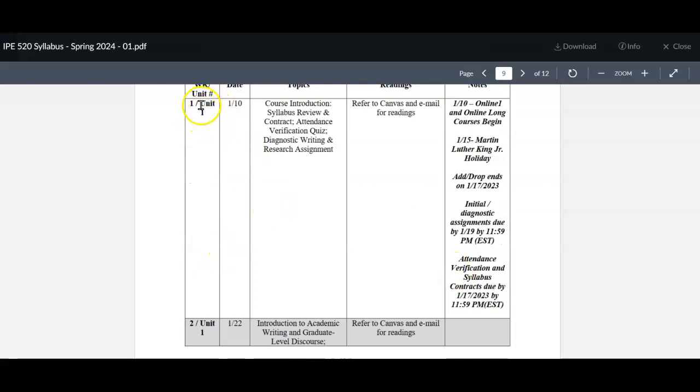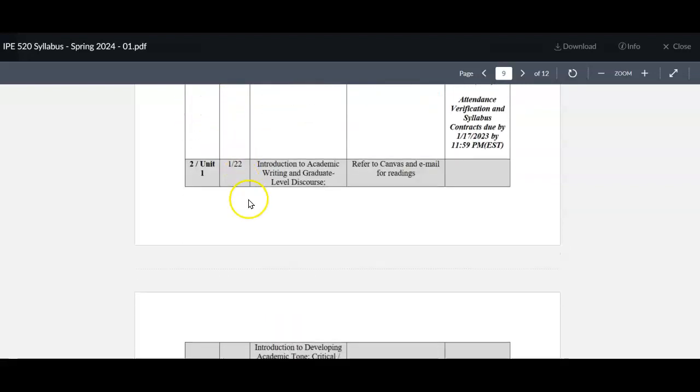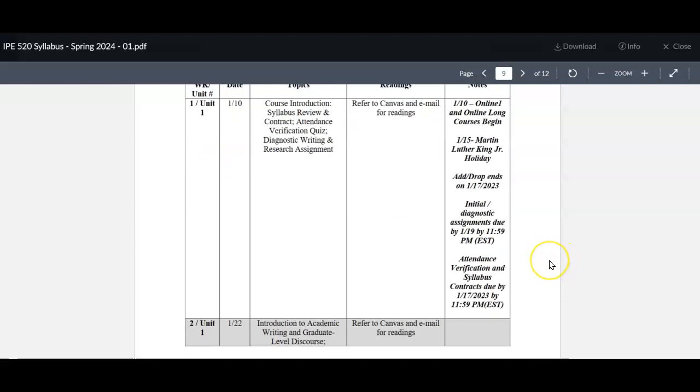You also notice here on the tentative schedule that I have unit numbers, and this is just done in efforts to easily conceptualize the course content and where we're at in the course. So there's unit 1 through 3. Unit 1 is considered the first part of the course. I refer to it as the bridging the gap or the transition part of the course, wherein you will focus on elevating the academic tone of your writing, focusing on grammar and your writing style, also refreshing some of those foundational and theoretical research topics from undergraduate.